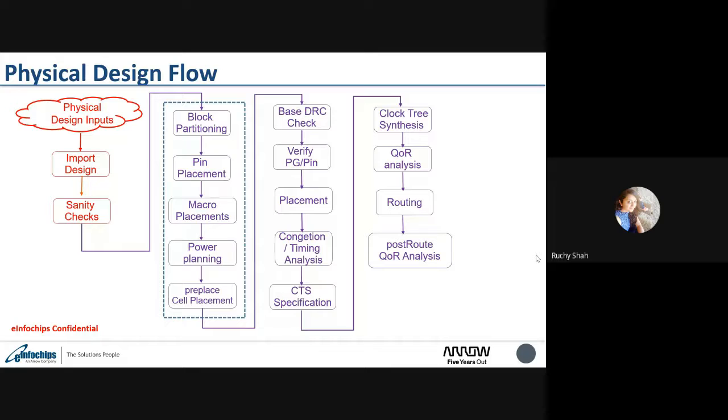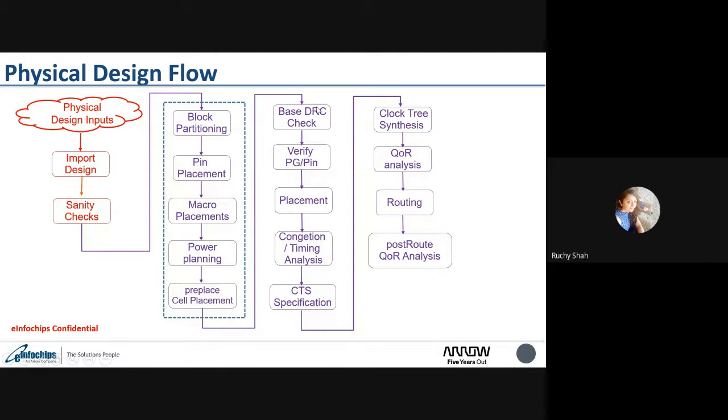Then the floor plan steps come, where we do block partitioning, followed by pin placement, followed by macro placement. Then power planning, where we do the pre-placed cell placement. Then we do the BEOL DRC checks.